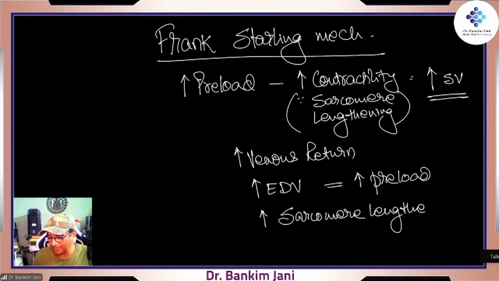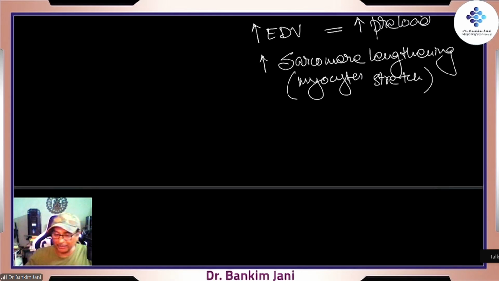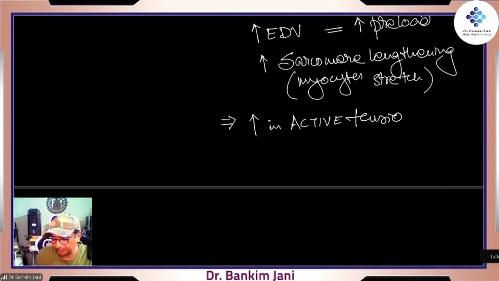Because myocytes stretch. All these are keywords. Myocytes stretch. So there is increased active tension. So when this happens, this is the final outcome, right? Word by word, there is an increase in, this is the keyword, active tension. Because when it is dilated, right, there is tension, there is active tension, and increased velocity